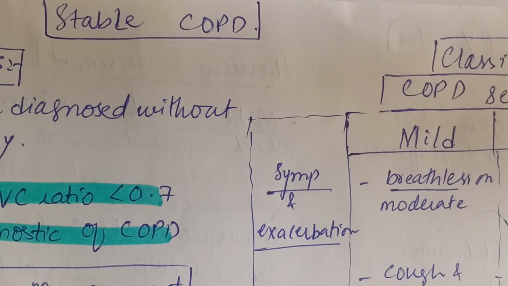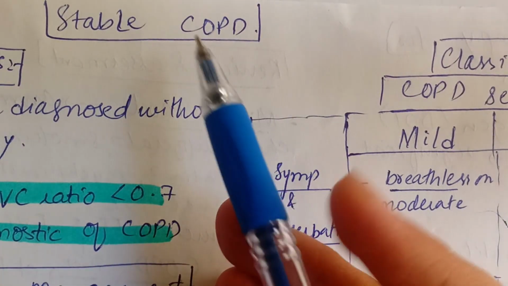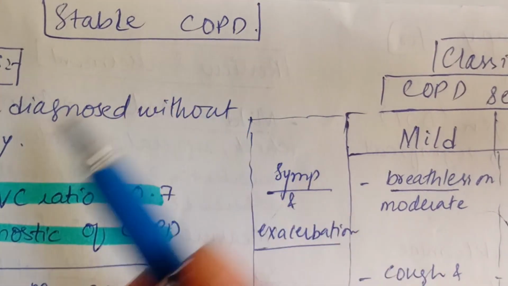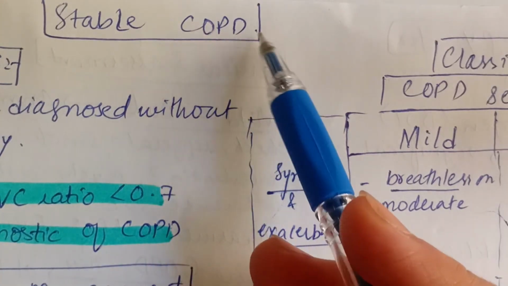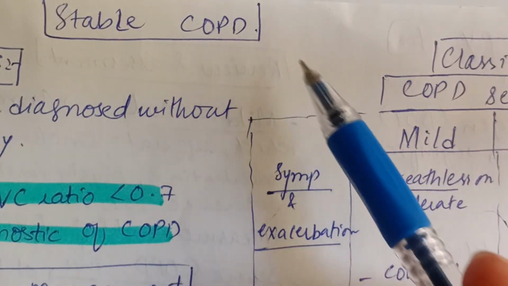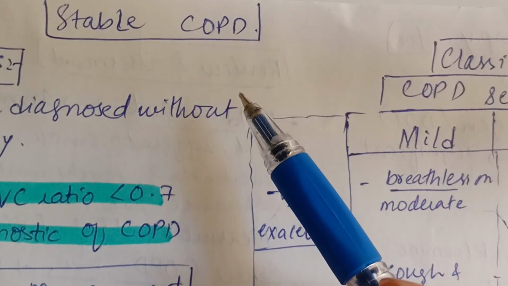management, right? So, starting with COPD, on the basis of management, COPD can be divided into stable COPD, when the patient has stable symptoms of COPD, versus the acute exacerbations of COPD that have different management, and we are going to be doing the COPD exacerbations in a different video.